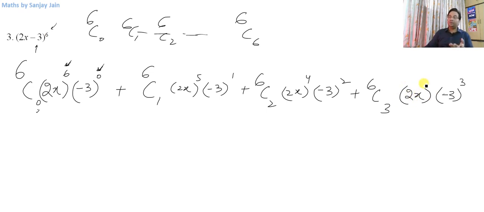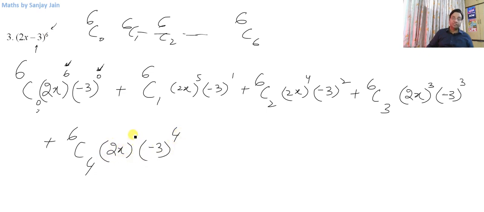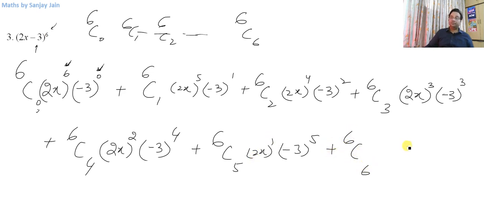Then 6c4, minus 3 raised to power 4, 2x raised to power 6 minus 4, that is 2. 6c5, minus 3 raised to power 5, 2x raised to power 1. 6c6, minus 3 raised to power 6, and we know 2x raised to power 0 is going to give me